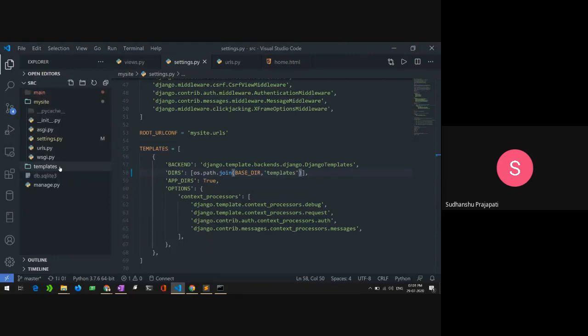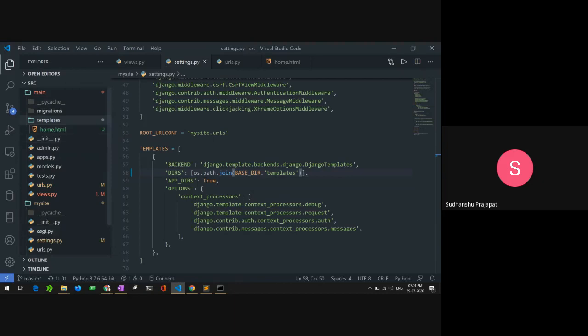But I think it's not that good a way to do things. I prefer you create the template folder inside your app, and inside that template folder you put all the templates related to that app. In my case it is main.